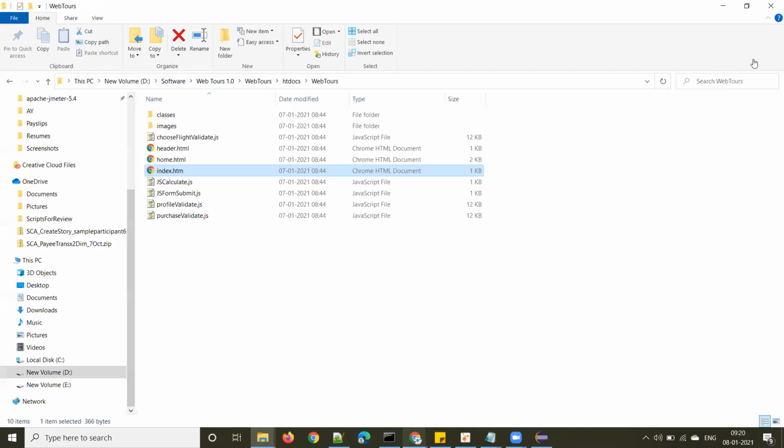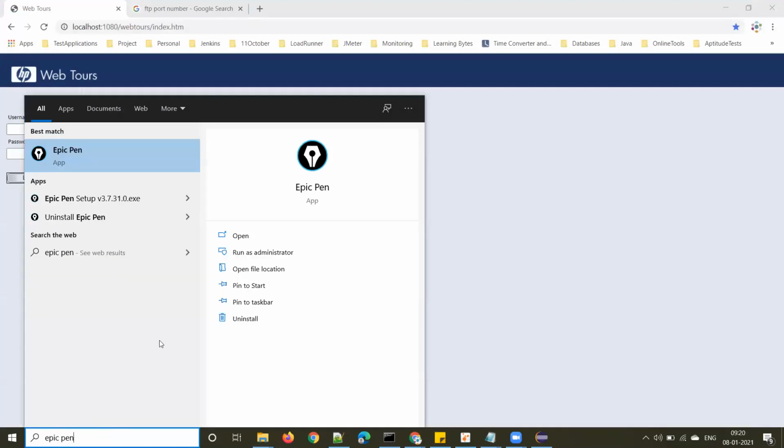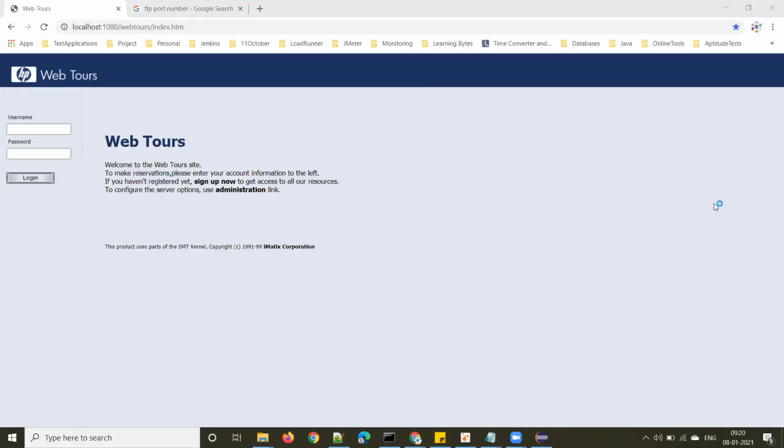See, this particular frame is header.html, this one.